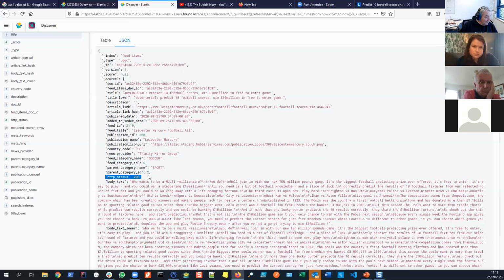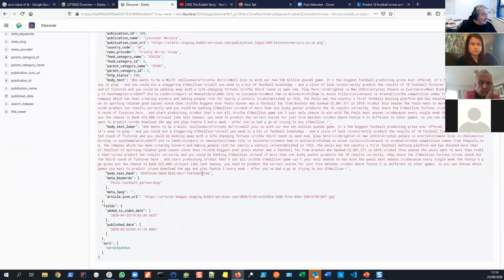HTTP status. That's probably another thing that's not relevant now, Rachel. But whenever you do an HTTP request, it always comes back with a status. 200 is good, that's fine. If there's anything wrong with it, if it says 404, that means page not found. If it said 403, it means you don't have permissions to view this page. So we hope most of the stories in here just have 200 in there.